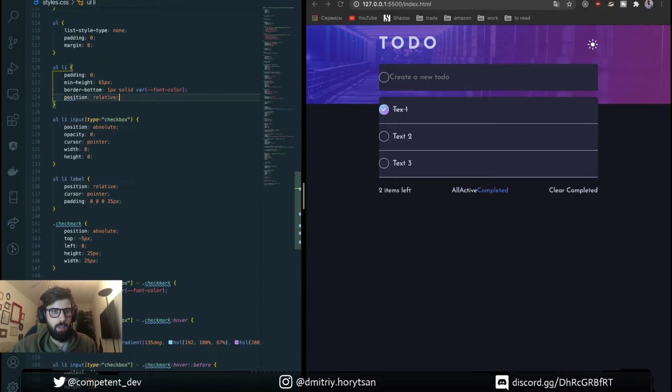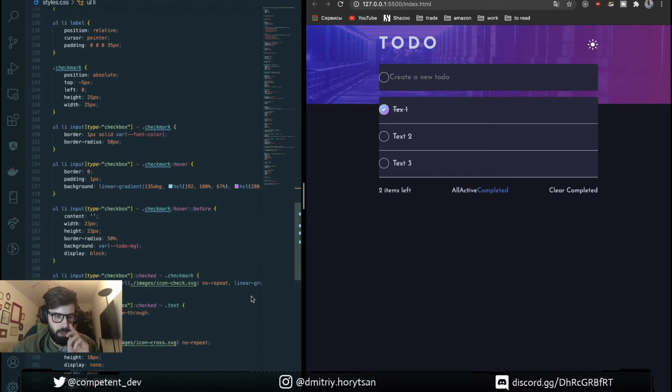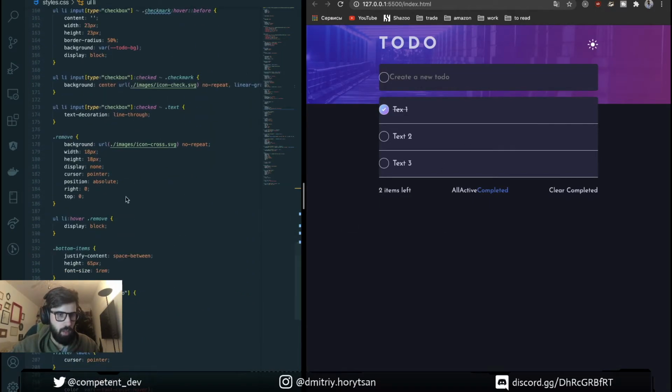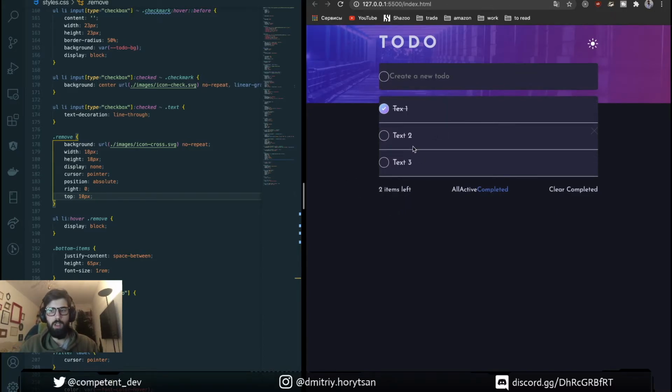Position relative. Okay, we align it a bit later. Let's put for now 10 pixels. Good, good.